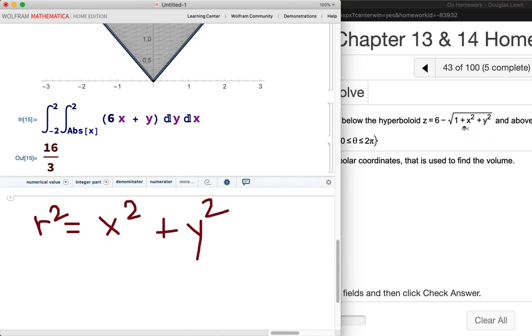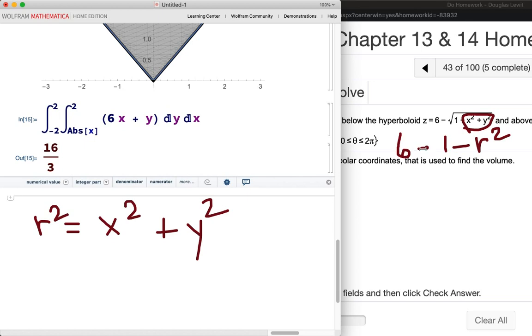So this right over here is going to get changed to r squared. So we're going to have 1 minus r squared, and then of course, 6 minus